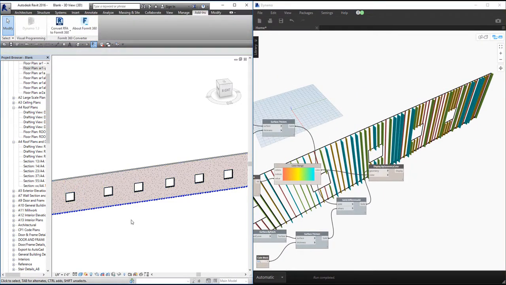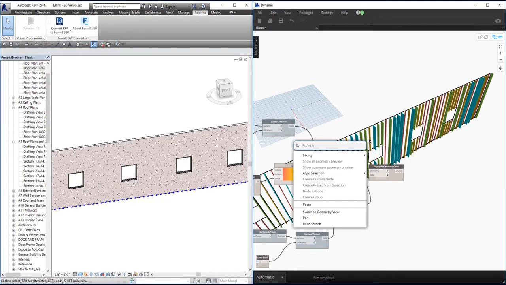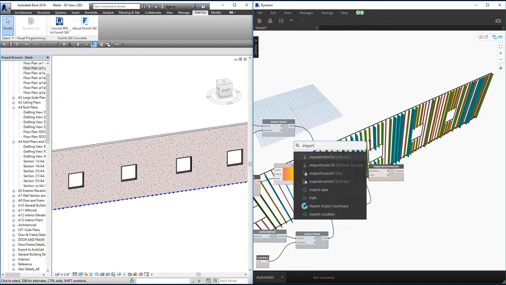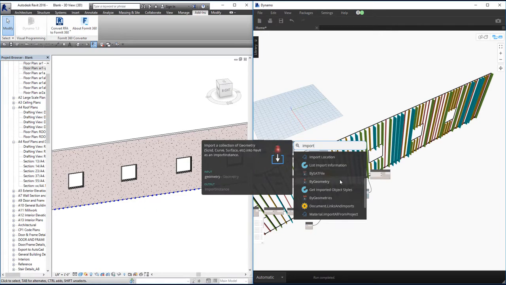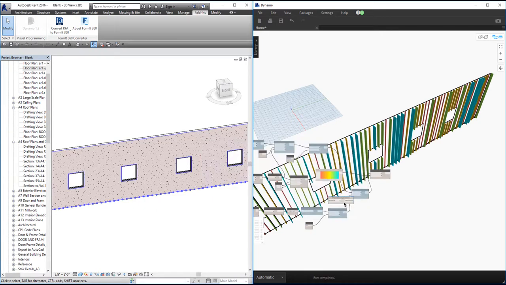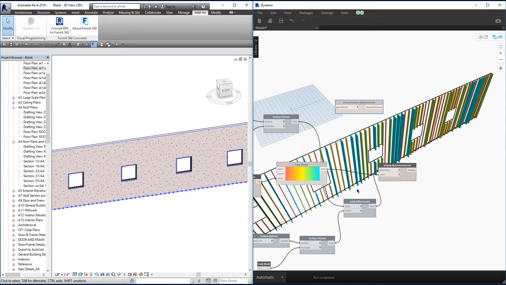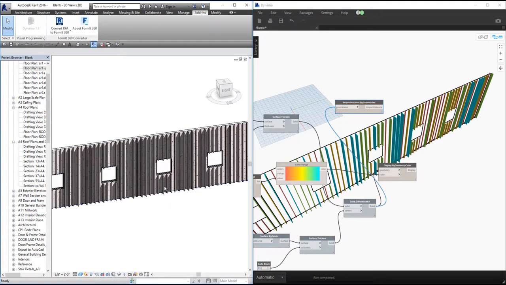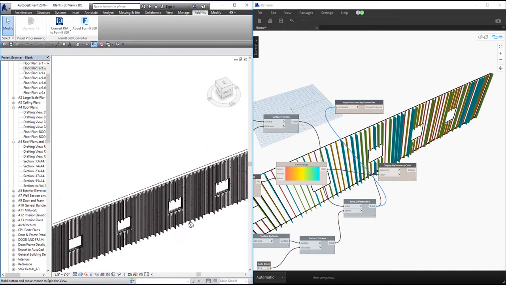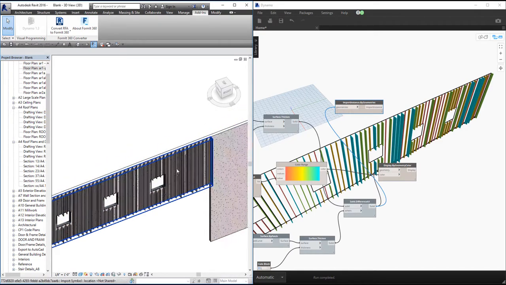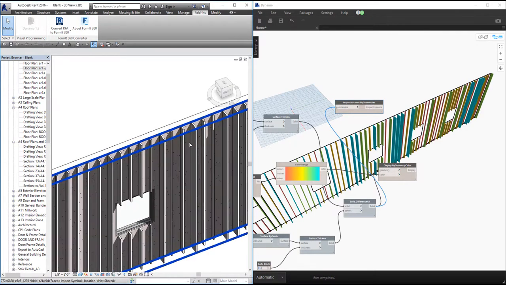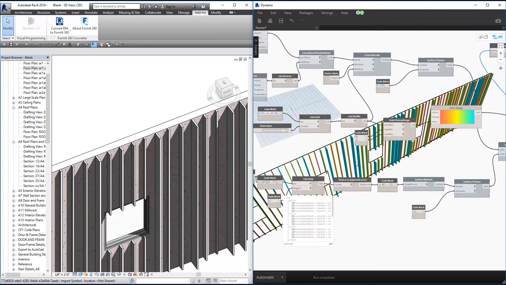Actually, we can bring that into the Revit model really quick, if I'm not mistaken. Import. And in this instance, I want this geometry. Bring that in. And nice. Excellent. So I got my shadow test there, so I can check all my different slat depths, and